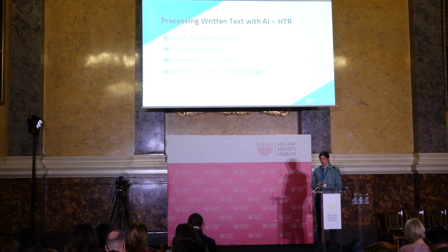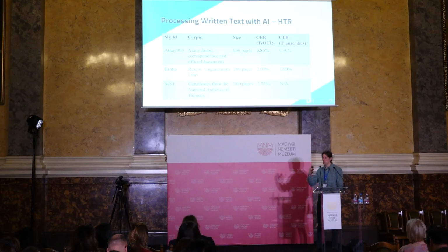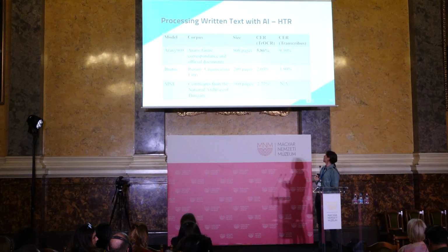I don't think I will have time to show it, but it is there. So the corpora we tested it with: the first one is the correspondences and official documents of one of our greatest poets, János Arany, and then we had the Rerum Ungaricum Libri Corpus, and we also had certificates from the National Archives of Hungary. And we compared our results with that of Transcribus, which is the software used